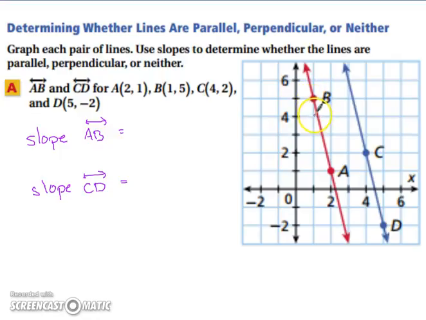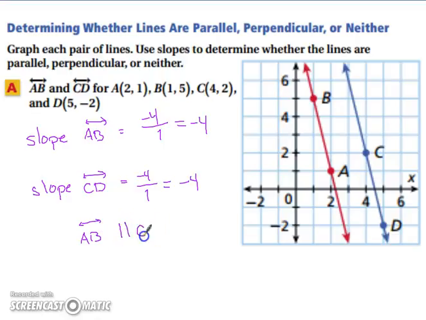So let's see, we're going down 1, 2, 3, 4. And then we're going to the right 1. So our slope is -4. And from C to D, we're going down 1, 2, 3, 4. And we are going right 1, so +1. And that gives us -4. Since our slopes are the same, line AB